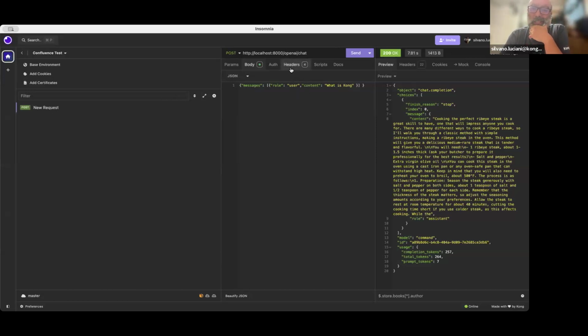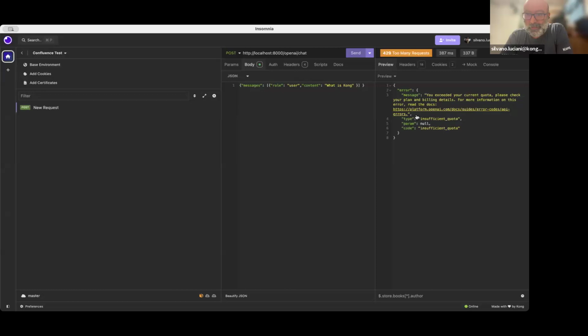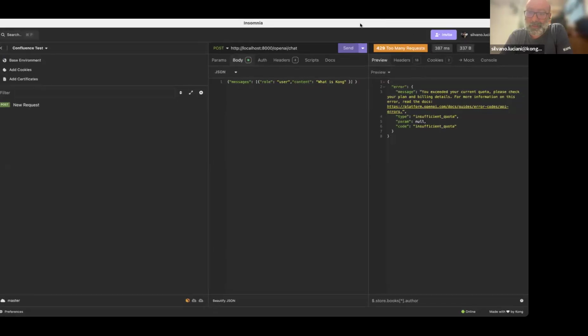And so now I'm trying to send this request to OpenAI, where it's really like, what is Kong? And assume that my role is a user. And here you could try to add any role that you would want the LLM to assume while generating a response. I don't know if you ever tried this. It makes a lot of difference if you tell the AI from which point of view it should generate a response. So now if I send this, you will see that I exceeded my quota.